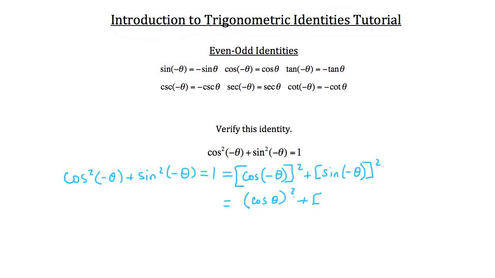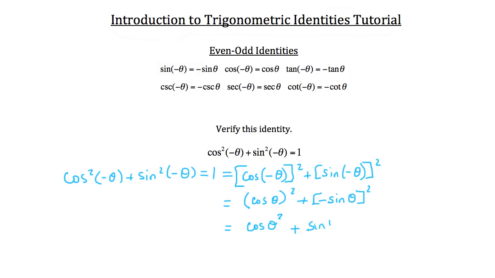So we have negative sine theta over here, and that's squared. If you follow that out a little bit, you'll get the cosine of theta squared plus